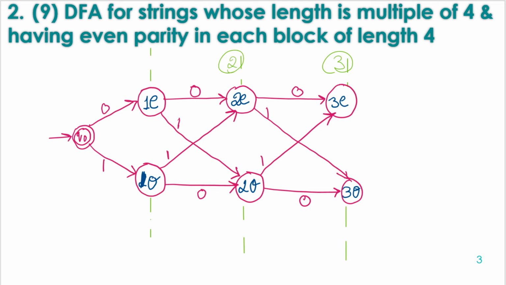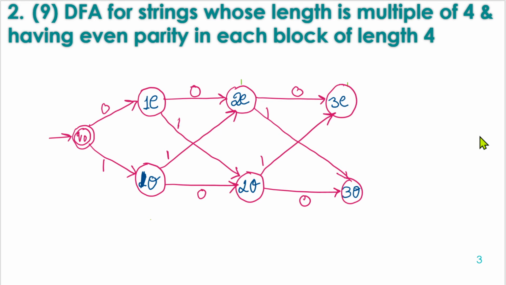Now coming to the final 3E, after length 3 if we receive the 4th symbol, then what we have to do? We can mark a separate final state, or we can move to the initial state only, because we have marked the initial state, and we have to repeat this process for every block of length 4. For every 4 bits received, we have to repeat this process, or we have to add this process in iteration. So just to add this process in iteration, we can move back to the final state only.